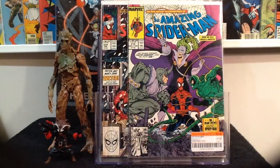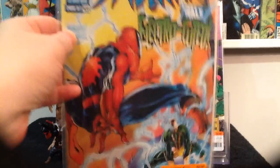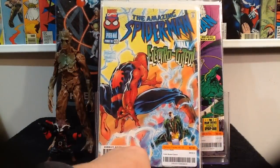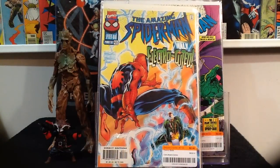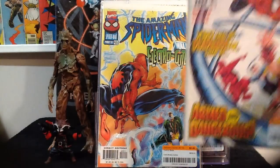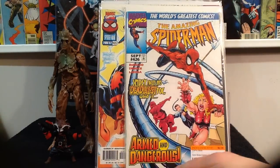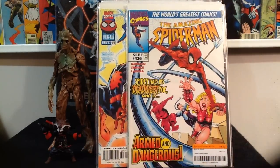Then I found some Spider-Mans in the 400 series, which is hard for me to find. So we got number 423 for $2. I put a bunch of $3 books back. One of these days I'd like to go back. But like I said, it's a 2-hour drive. And is it worth a whole tank of gas and my wife's ire? Who knows? But number 426,